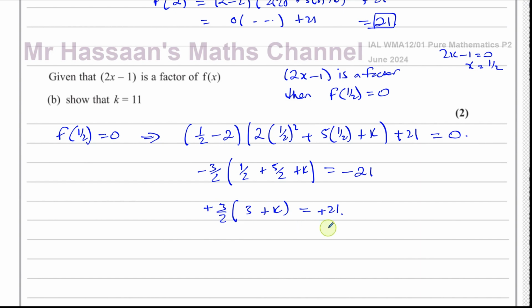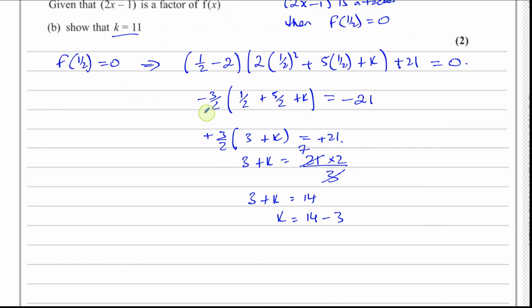So you're going to divide by 3, that's going to be 7. So you have 3 plus k equals 21 times 2 over 3. Just multiply both sides by 2/3 basically. So that will give you, 3 goes into 21, 7 times 2 is 14. So 3 plus k equals 14. So k is equal to 14 minus 3, which is equal to 11, which is what we had to show,